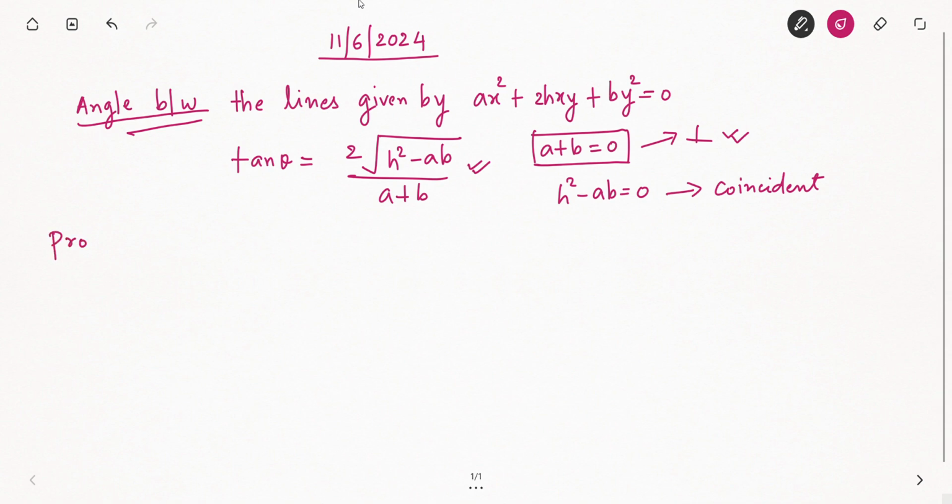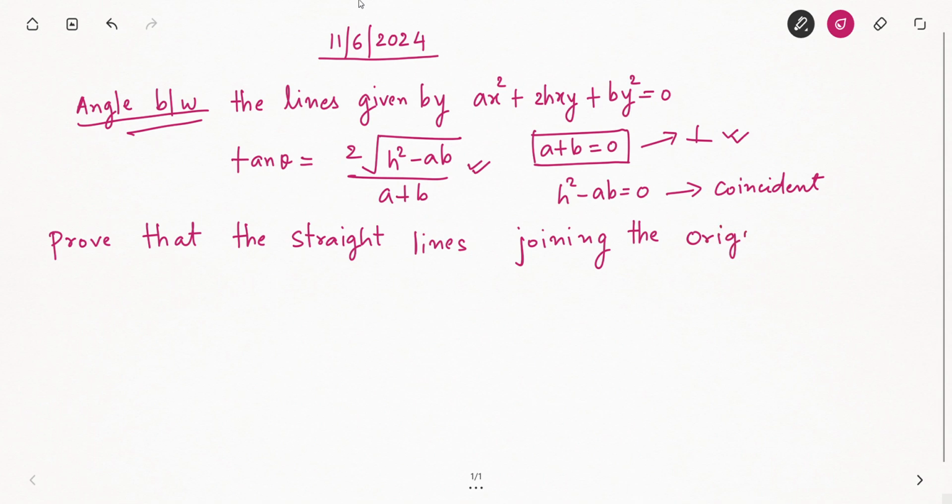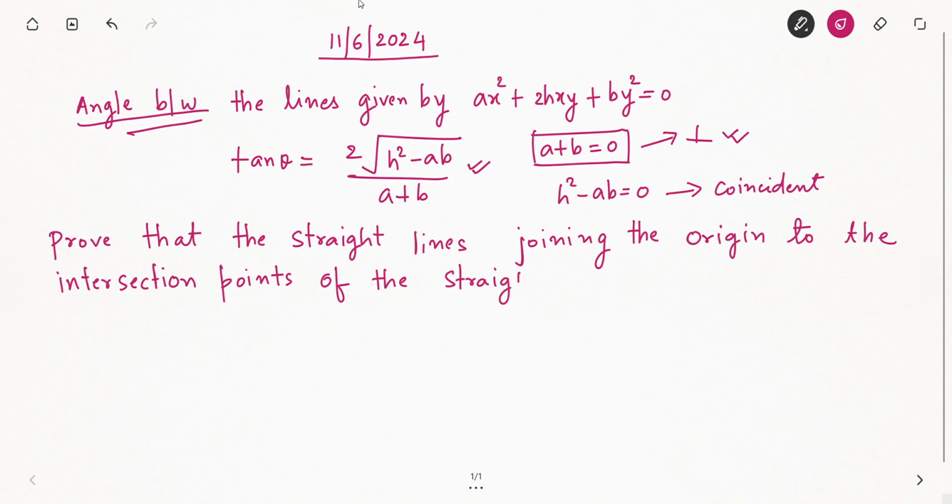Prove that the straight lines joining the origin to the intersection point of the straight line ax plus by minus 2ab is equal to 0